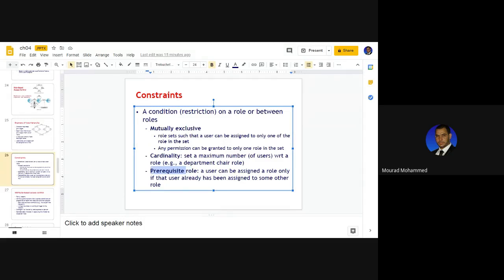So we talk about prerequisite roles. I give you only an example, but a prerequisite role means you are going to access a specific resource based on pre-assigned roles. You have to have already passed level 1, role number 1, function number 1. Thus, you can access what you are willing to access, the final resource.